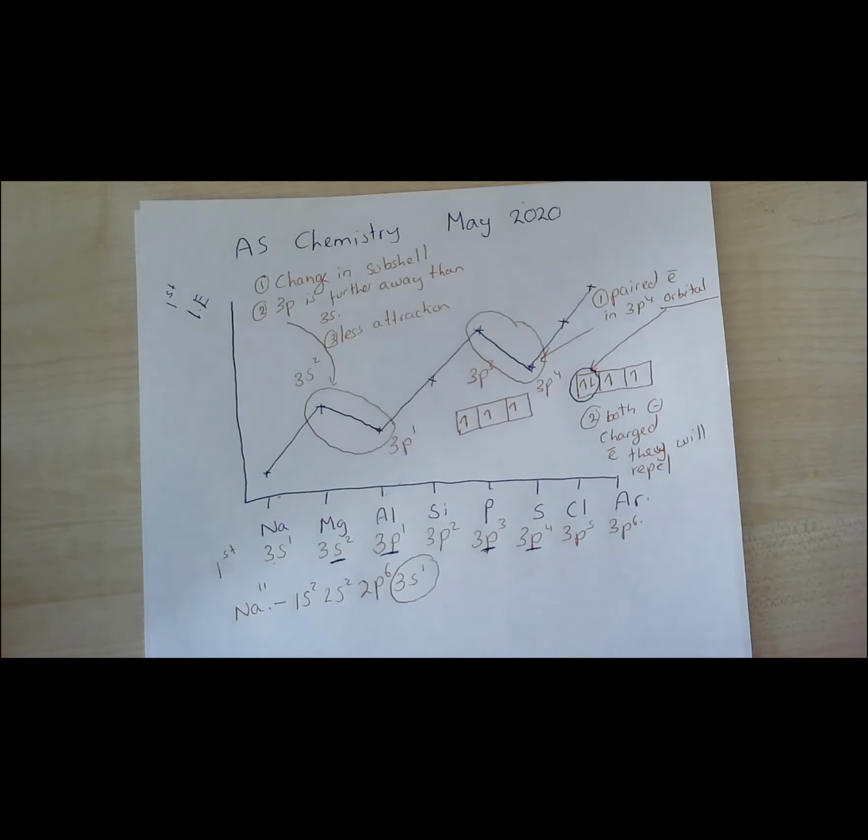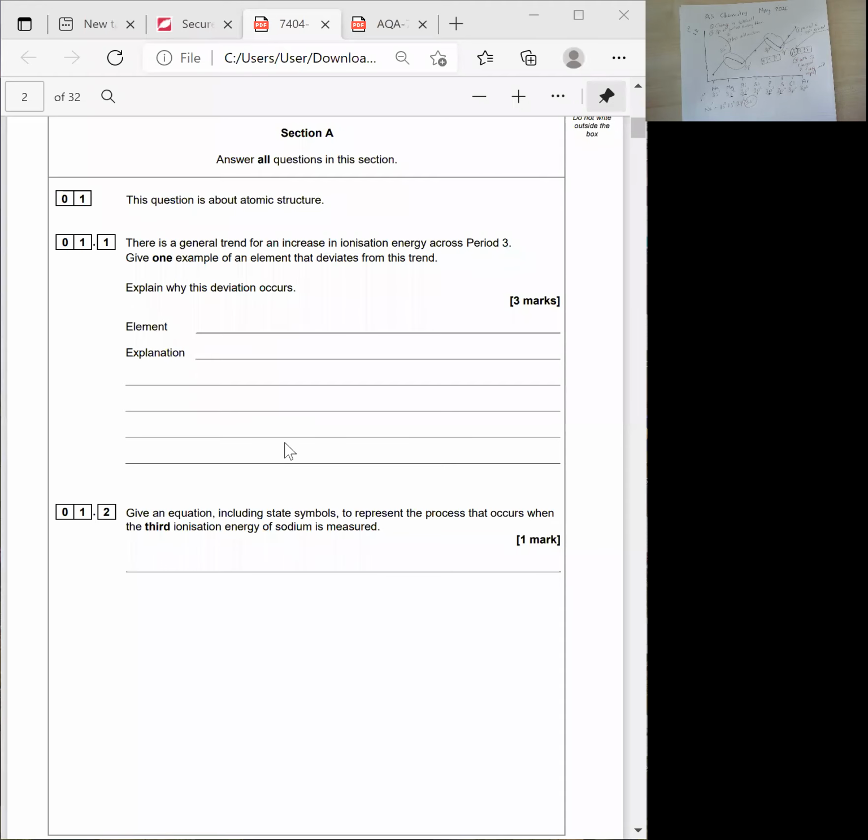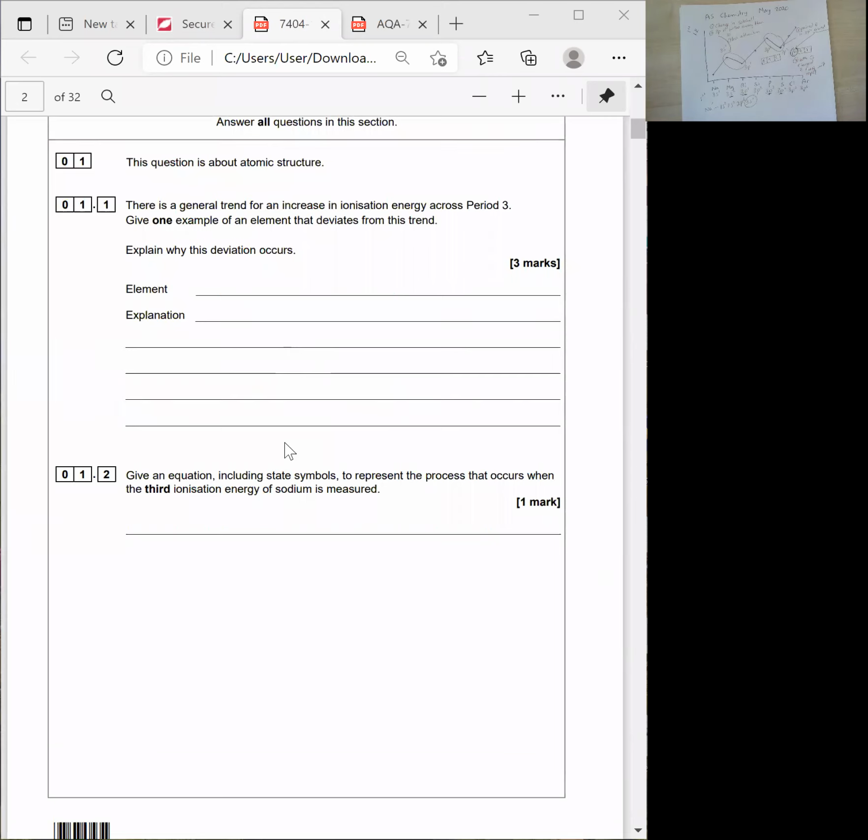Hopefully you should see the paper now again, and we are still working off that 2020 paper. Give one example where there's a general trend. Give an example of something that deviates, something that doesn't follow the general increase. If I was to answer that, maybe we can say aluminium. The reason why aluminium is the one that deviates from the trend is because